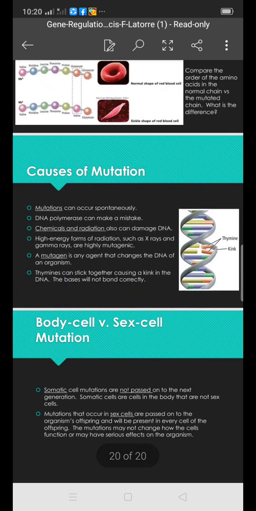We have body cell and sex cell mutation. Somatic cell mutations are not passed on to the next generation. Somatic cells are cells in the body that are not sex cells. Mutations that occur in sex cells are passed on to the organism's offspring and will be present in every cell of the offspring. The mutation may not change how the cell